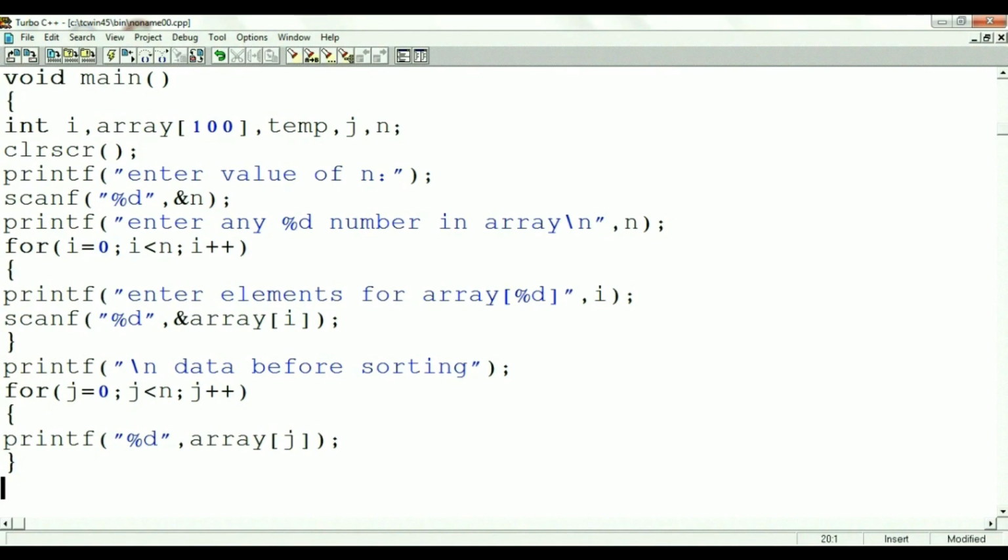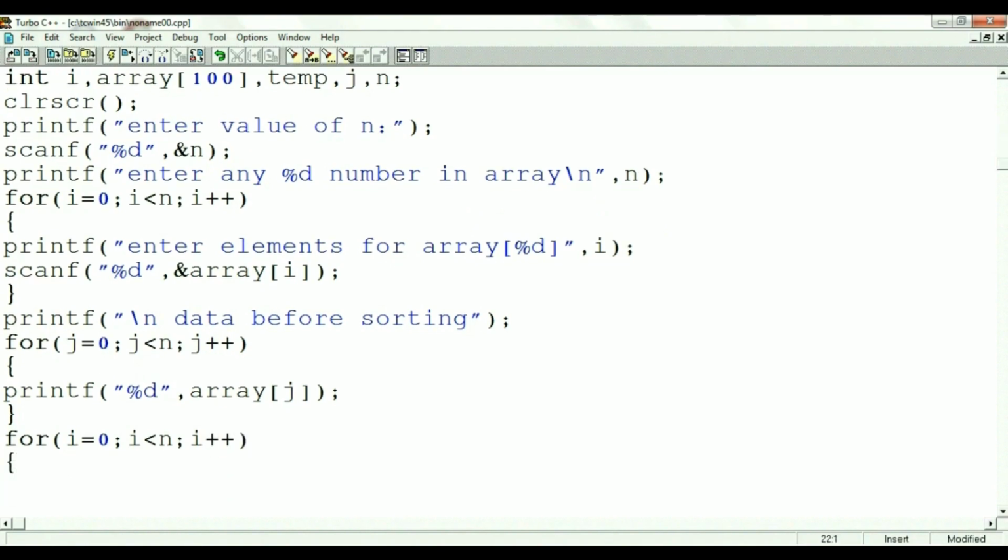Next comes the main programming. That is, for i equal to 0, i less than n, i plus plus. This for loop is used for the array purpose. That is, we work with 6 elements. Then for j equal to 0, j less than n minus i minus 1, j plus plus.